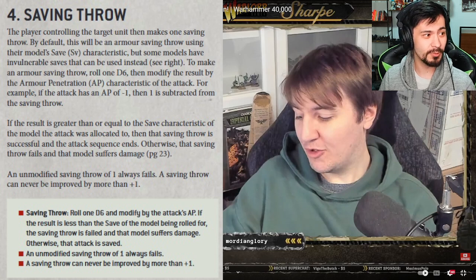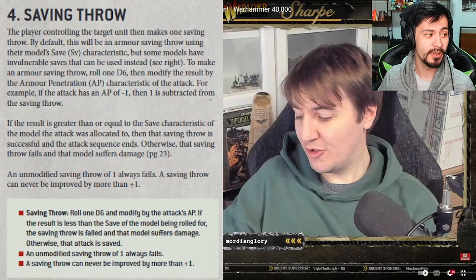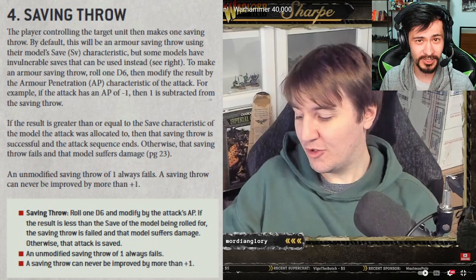If the result is equal to or greater than the save characteristic of the model the attack was allocated to, then that saving throw is successful and the attack sequence ends. An unmodified saving throw of 1 always fails, and a saving throw can never be improved by more than +1. Okay. So the important thing here, and this is one of the most important distinctions, and one